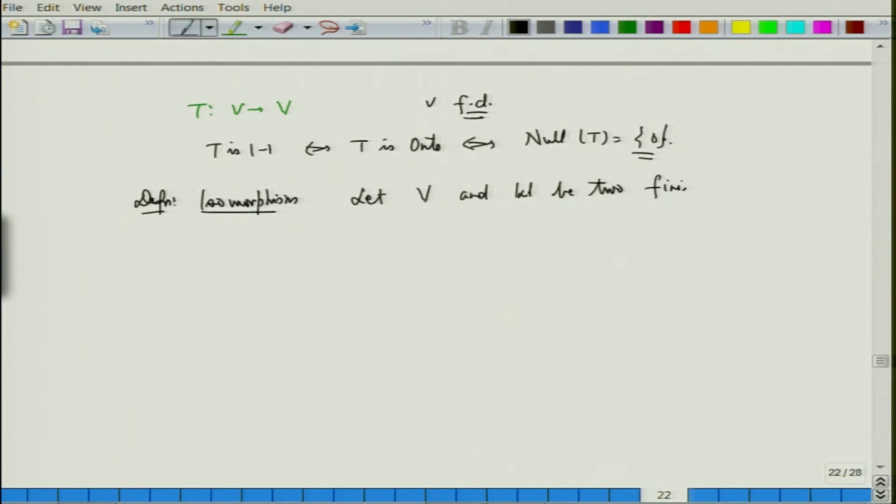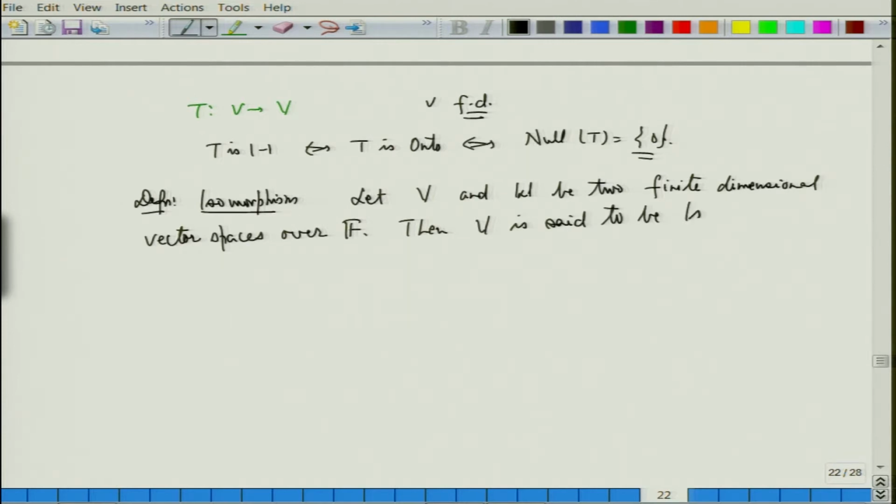You can define it for infinite dimensions also, but I am looking at only finite dimensional vector spaces over F. Then V is said to be isomorphic to W,